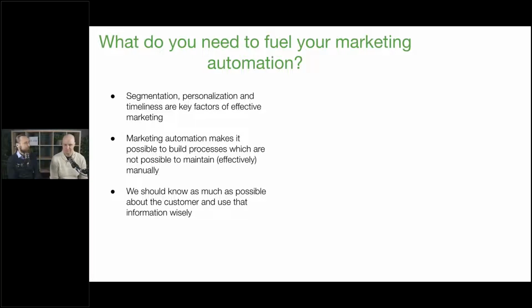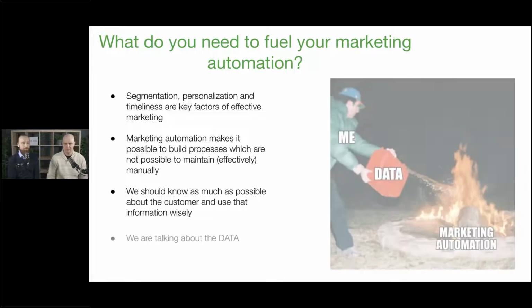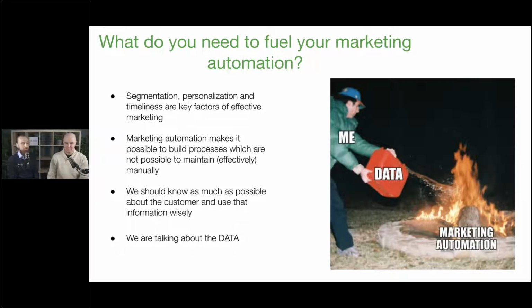You couldn't manually do all those things that marketing automation is doing for you with these webinars, because you're running so many webinars all the time. And the information and the data is the key factor here. The more you know about your customer, the more precise you can be. And that's why we are talking a lot about data today. The data is actually the thing fueling your marketing activities. And when handling a lot of data, you need these automated processes of marketing automation, because manually it's just impossible.